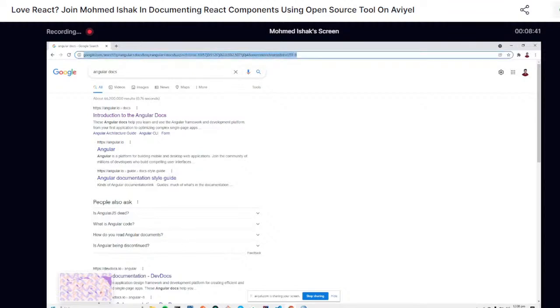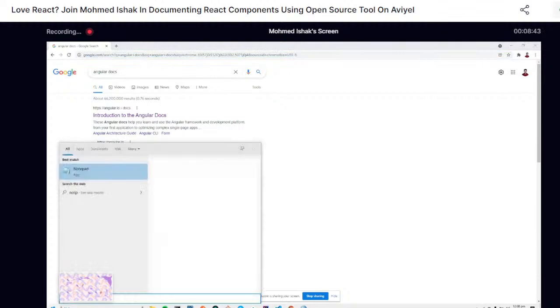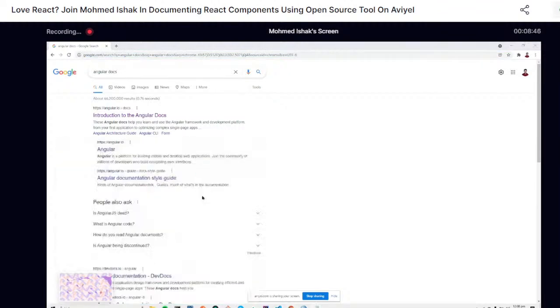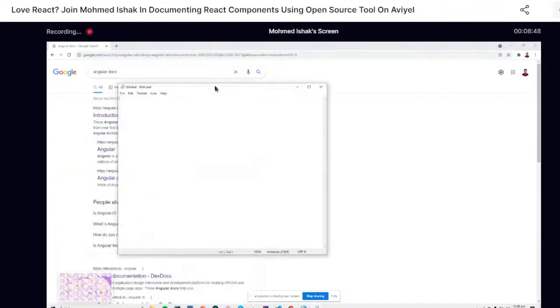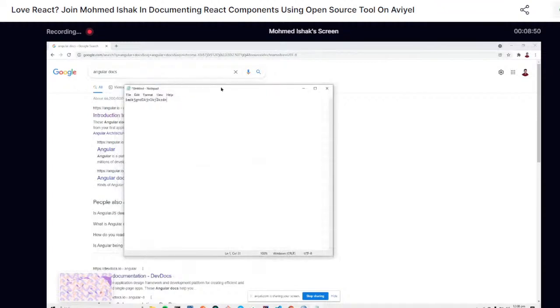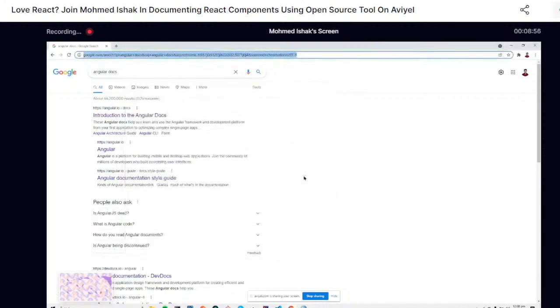Everything from scratch. You can, I don't know, pull up, let's say, Notepad or something, and then you can just import React. I mean, you can type a bunch of stuff, and then you can deploy it. You can write your own code, because you're a developer, right? You want to write your own code, but the problem here is that